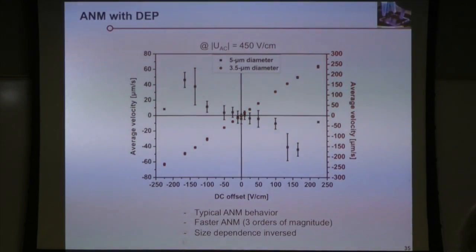So the previous problem with A&M, and I think this is also why people did not follow up with something really useful, is that these A&M velocities were really slow, because they were mainly based on those diffusional aspects, and they were really slow. What we see here now